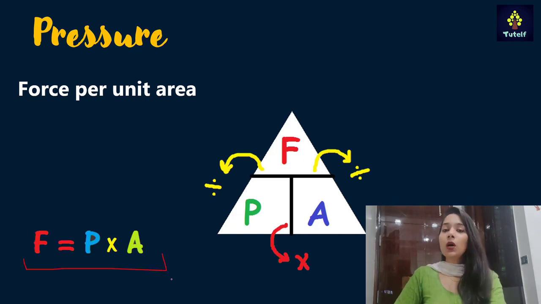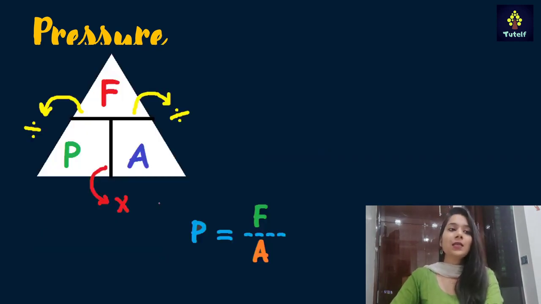As I have told you earlier, the unit of force is Newton, because for any force, let it be magnetic force, electromagnetic force, gravitational force, any kind of force, the unit will be Newton, and the standard unit of area is meter square. The formula that we will be using most in this chapter is pressure equals force divided by area, and we can easily calculate it. The unit of force is Newton and the unit for area is meter square, so the unit for pressure would be Newton per meter square.